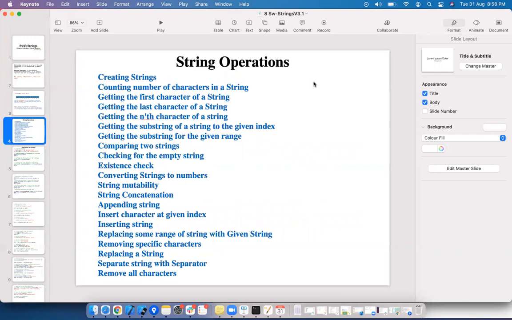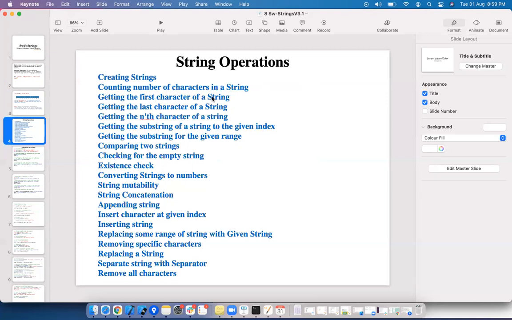Assume that you are having a string. What are the different operations we can perform? We will see on that. And what are the different pre-defined methods we are having? We will also see them. We can create strings. We can check number of characters in a string.